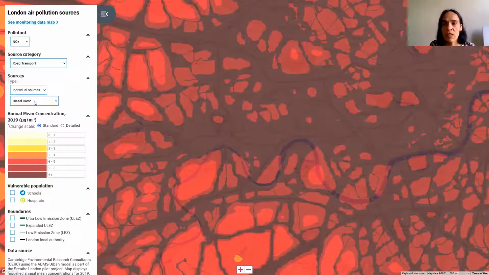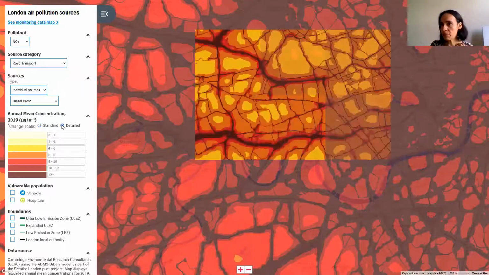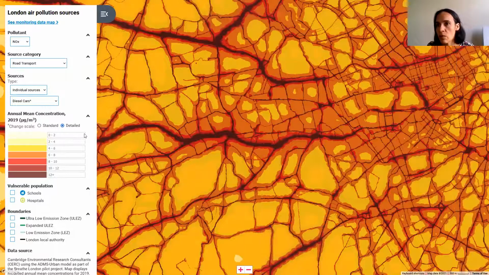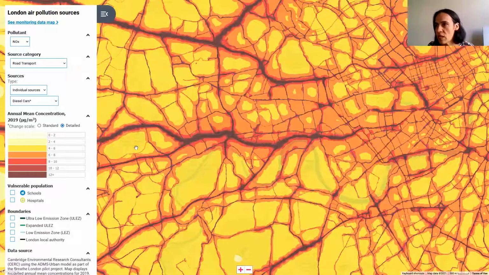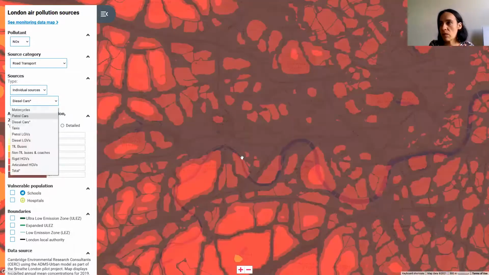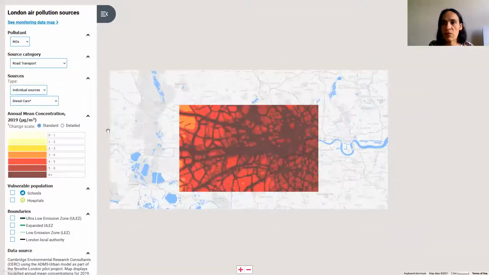And so where we've seen that happen, and where you see an asterisk on the side of a source name, this will appear down here, this line that says change scale. So you can move from the standard comparative scale to a more detailed scale. So this change in color buckets allows you to see the rise and fall of pollution as you move towards and away from each of the individual sources. I'm going to go back to standard, and I'm going to take us through just a few of the other